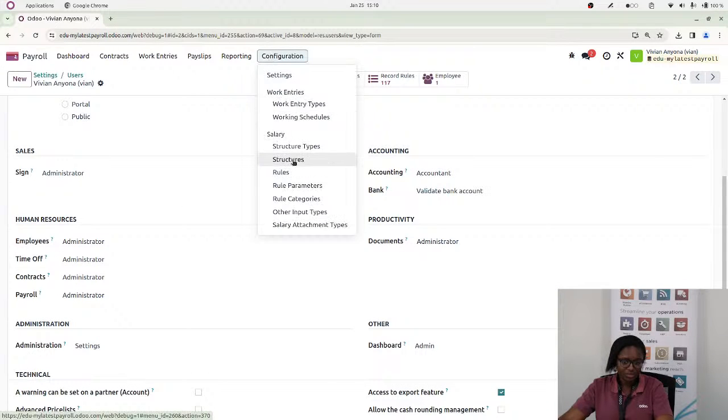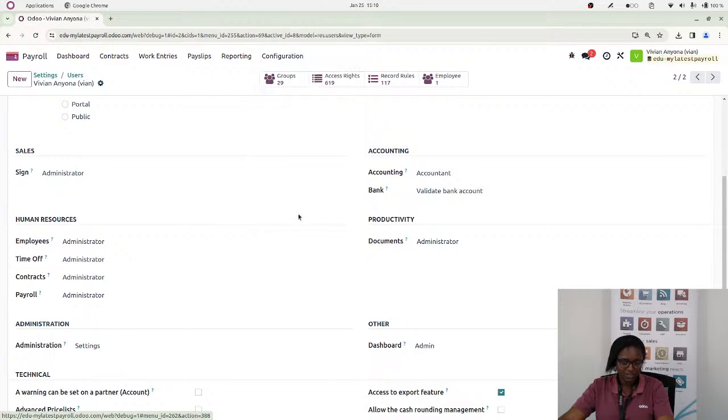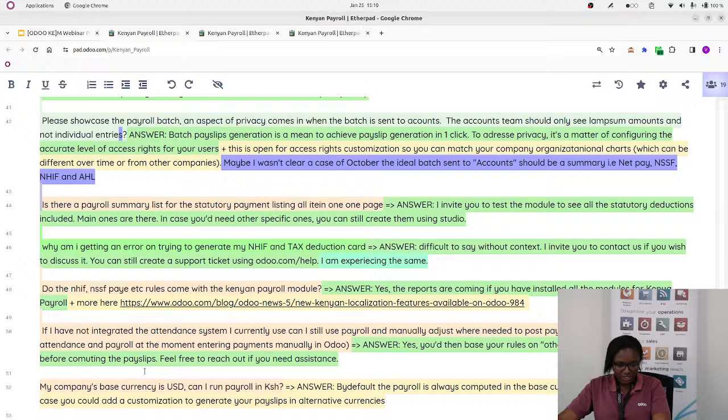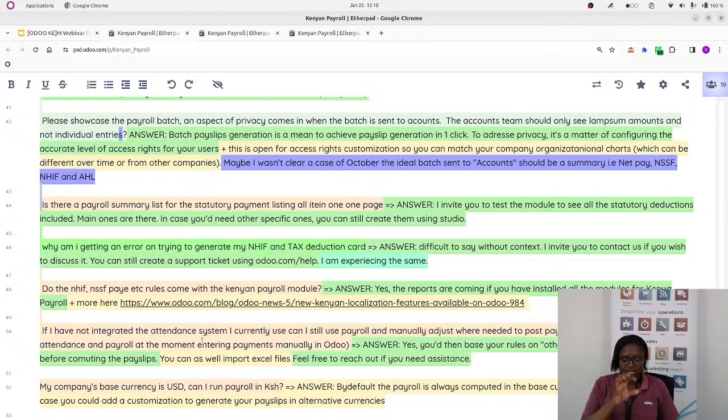The other input will allow you to add items that will keep changing. For example, the attendance: there's a day where someone may miss and you don't want to pay for the days that this person missed. So that means you will manually compute those entries and you will have